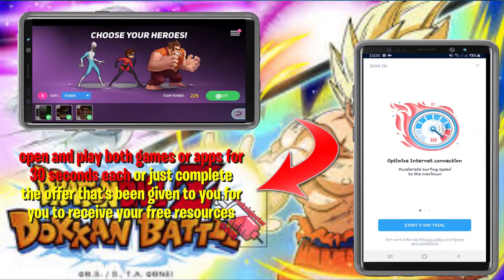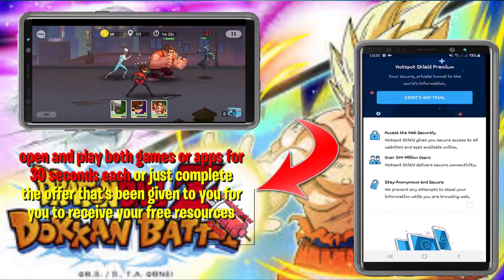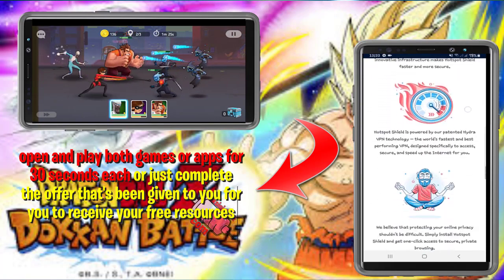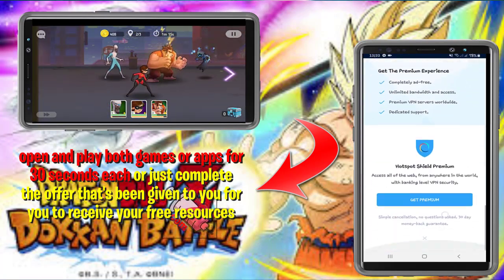Open and play both games or apps for 30 seconds each, or just complete the offer that's been given to you for you to receive your free resources.